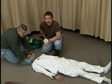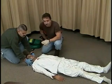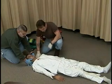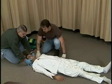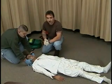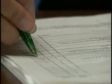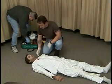Okay, at this time the patient is speaking to me. He's conscious and appears to be alert. He does have a good airway. We're going to check his circulation. He does have a good pulse. His respirations are a little labored. At this time, I'll go ahead and have a third partner come in and take manual stabilization of the spine. Go ahead and have my partner direct him to administer oxygen. Okay, non-rebreather mask at 15 liters. I'll go ahead and continue my...